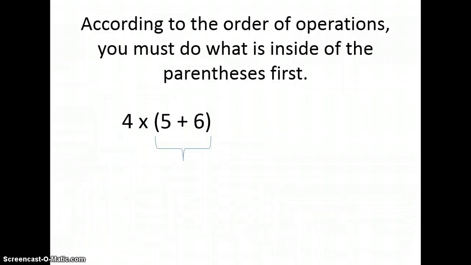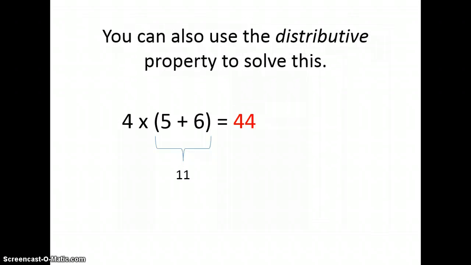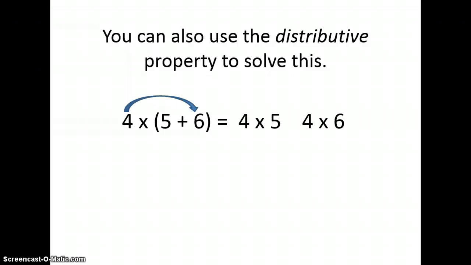So, according to the order of operations, you must do what's inside the parentheses first. That's what we've been talking about in class. So, 5 plus 6 is 11, and then 4 times 11 is 44. However, just as we had mentioned in the previous slide, you can also use the distributive property to solve this. You can do it by distributing the 4 to everything inside the parentheses. So, you would do 4 times 5 plus 4 times 6,